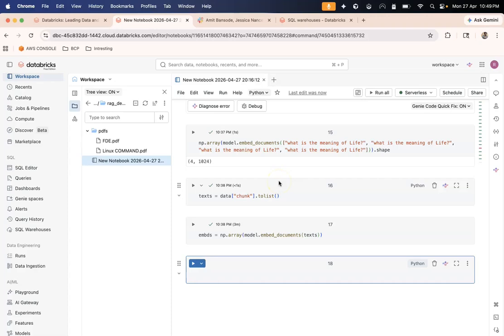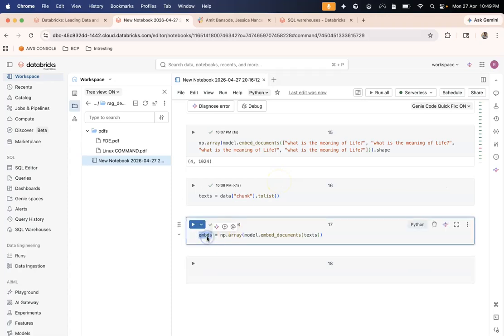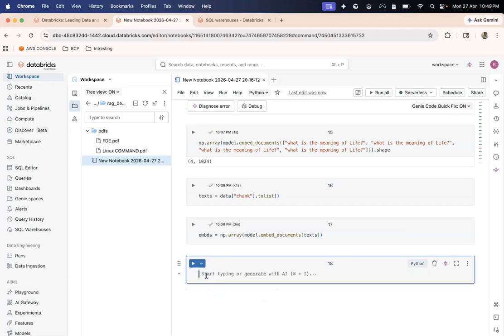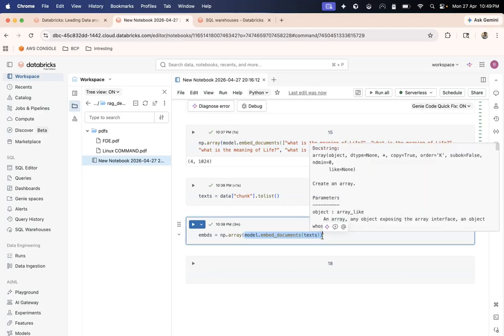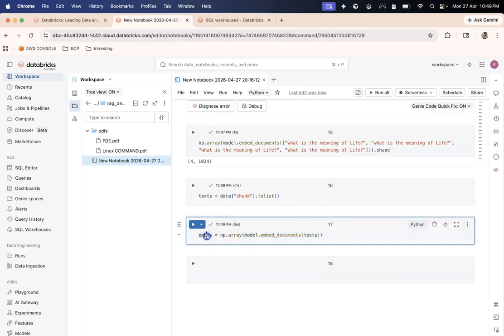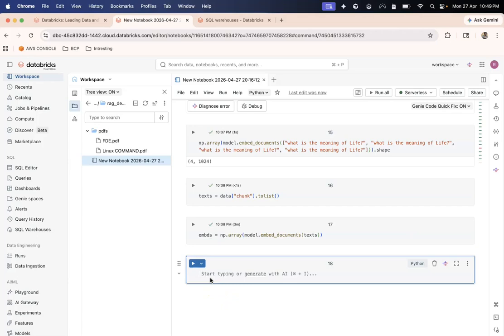Okay, so now that we have all the embeddings saved inside this embeddings matrix, let us build a retrieval pipeline. The idea is that given a query, we are going to call model.embed_query and produce the query embedding, and then we will take the dot product of all the embeddings with the query embedding, take the top score, and based on that see which particular document is most similar to the query. Okay, so let us get started.